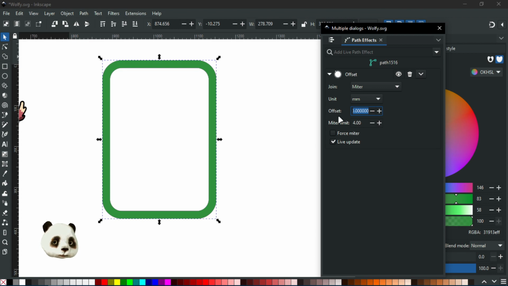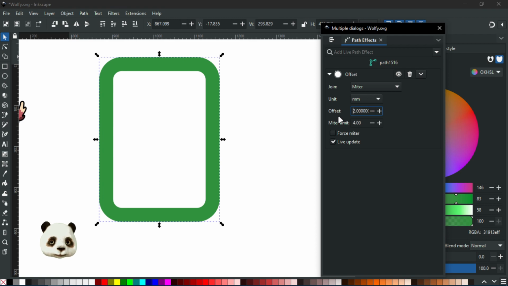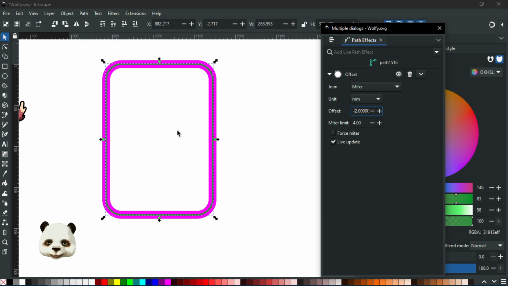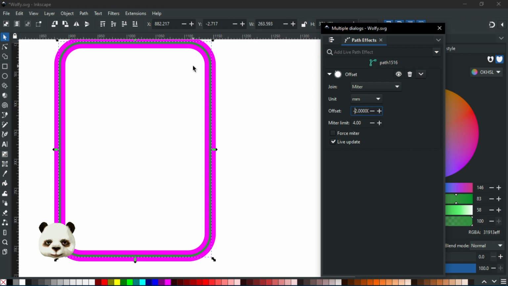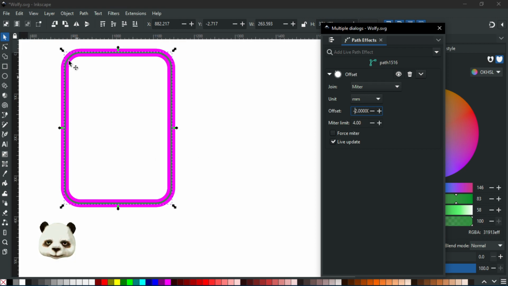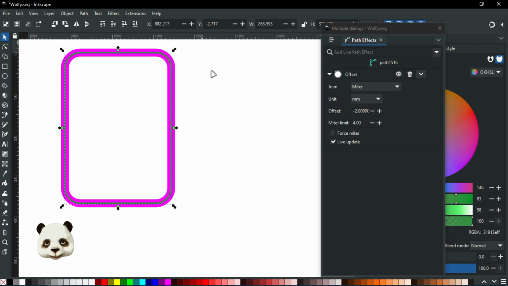Let's go 2. No, -2, sorry. Yeah, this is the problem. It tries to correct the negative space inside the hole. So it shrinks from both sides, from the left side, and from the interior, which is not good. So what we have to do in this case,